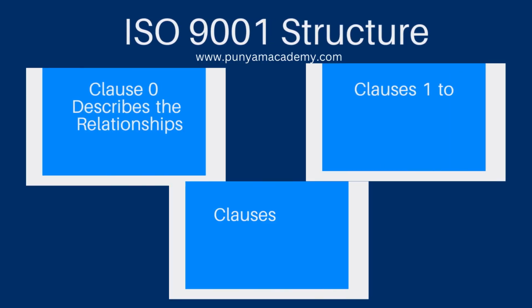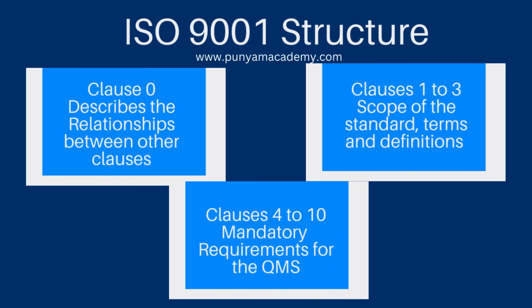The ISO 9001 criteria are roughly divided into 10 components called ISO 9001 clauses. It is not necessary to implement clauses 0 through 3, but it is necessary to implement clauses 4 through 10. The exception to this rule is clause 8, which can be removed from implementation if the company determines that certain of its provisions are not applicable. Let me now explain to you the ISO 9001 clause in detail.